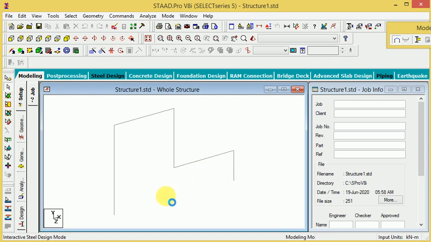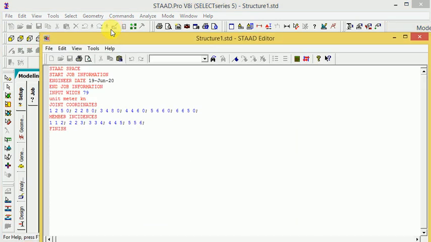So it means today I have discussed member incidence, how to join between two joints for one member, then again two joints for one member, then again two joints for one member. So this is complete for member incidence, and go to here, just click this STAAD editor, and how to make the member incidence.